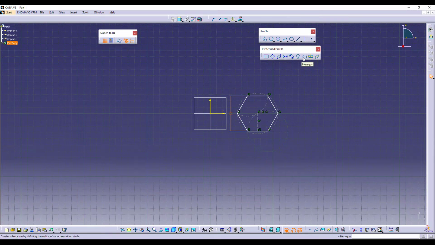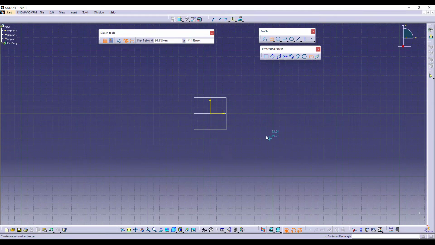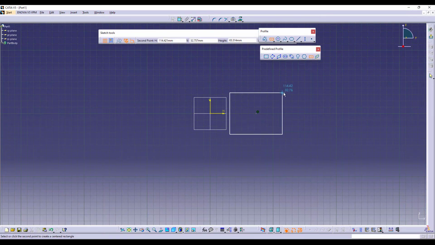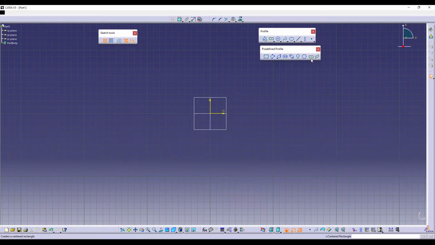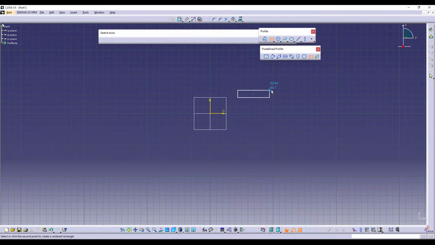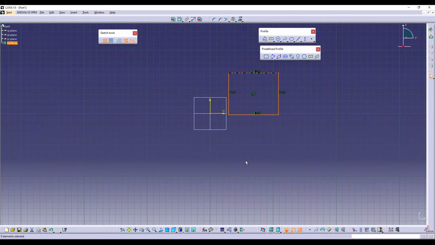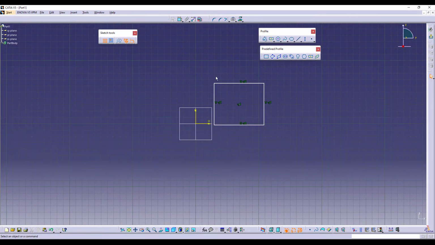This is my hexagon. Now, there are two other rectangles as well. This is called a centered rectangle and this is called a centered parallelogram. A centered rectangle requires a center and then we can decide the rectangle. It's very simple. You just have to select the center using the right click and create the rectangle. Whereas, if you want to create a centered parallelogram,